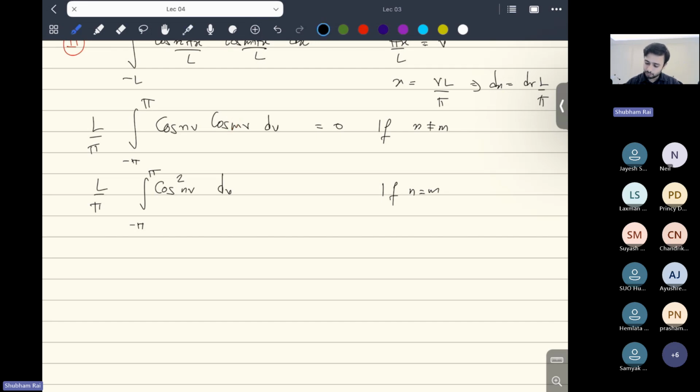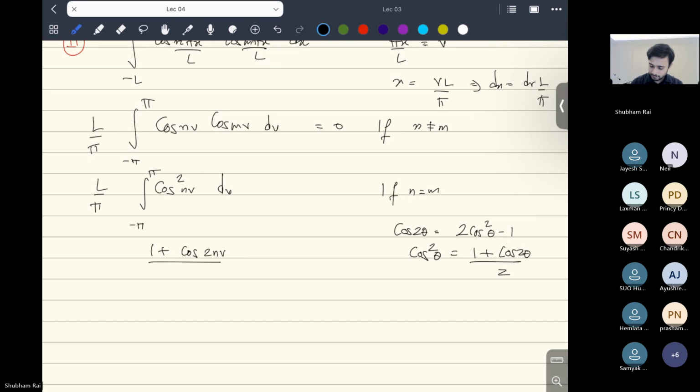If you know this formula, cosine of 2 theta is equal to 2 cosine square theta minus 1, and that's why we can write cosine square theta as 1 plus cos 2 theta by 2. If you remember this formula, we can do that. So similarly, cosine square nv can be written as 1 plus cosine of 2nv divided by 2, integral from minus pi to pi dv,